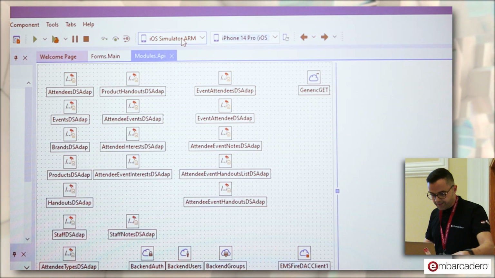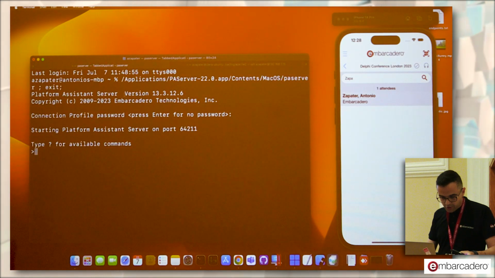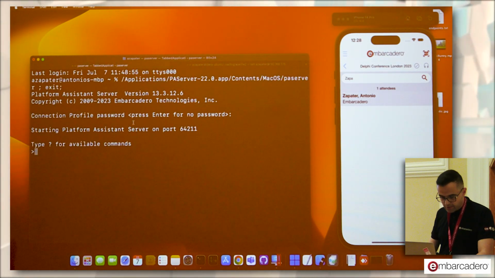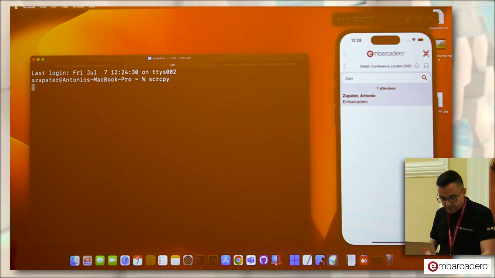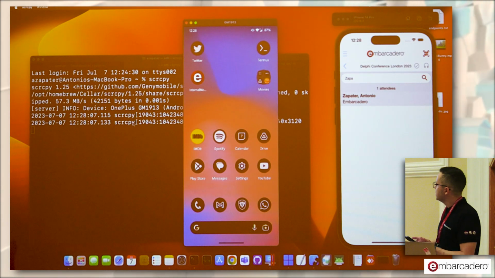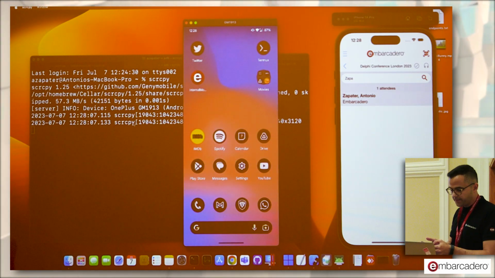But here in Android, what I can do is try to share my screen with a little tool I have. And hopefully it will work. There you go. This is my phone. And I have the application right here.